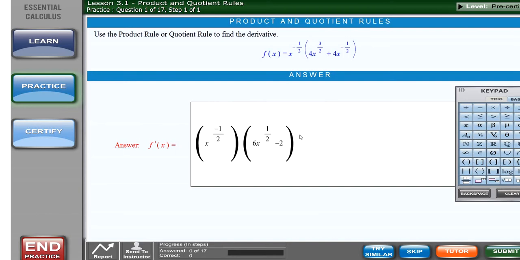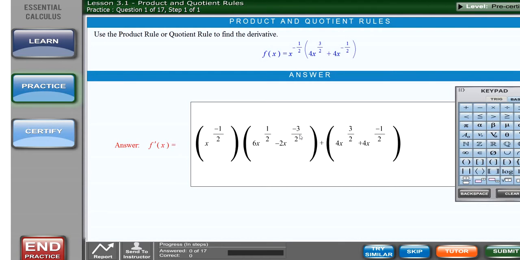Minus 2x to the negative 3/2 plus 4x to the 3/2 plus 4x to the negative 1/2